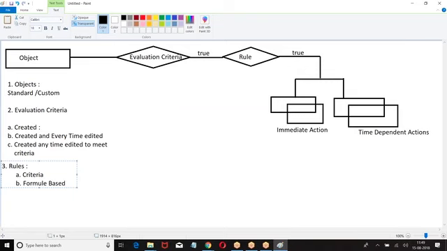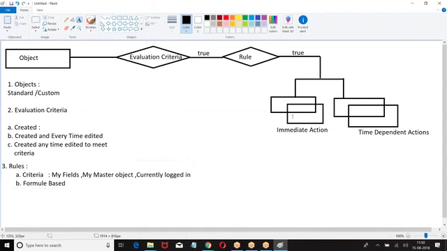Criteria based by using which fields? My fields, my master object fields, and currently logged in user. So we have rules criteria based and formula based.